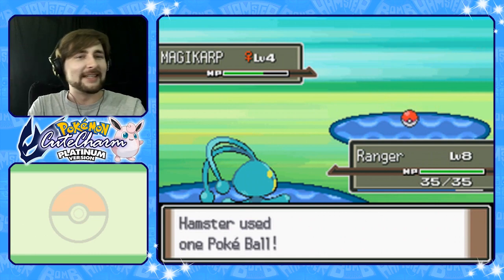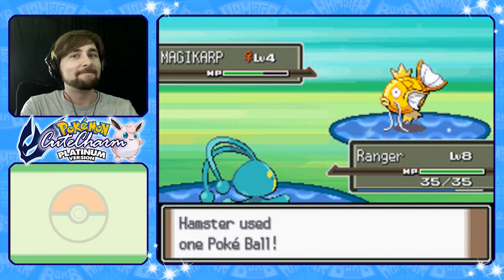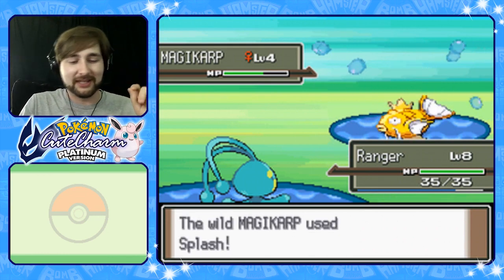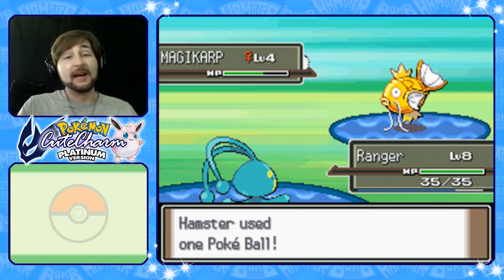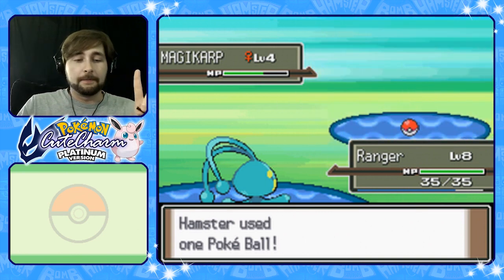What happened? What happened, Magic? It just can't accept it, can it? It cannot accept losing. Maybe I should bubble again. Come on, it's got the easiest capture in the game. It's a 255. It's on level 4. I can't imagine I would need to do this. But anyway, if we get a chance to move up to the other route...